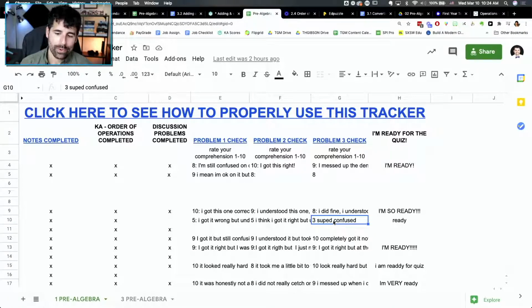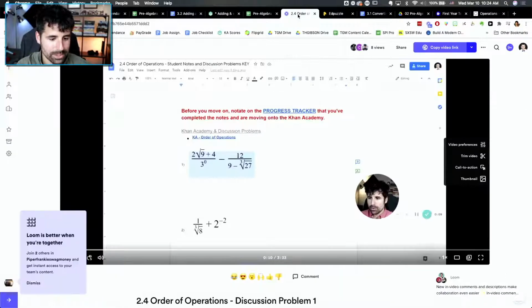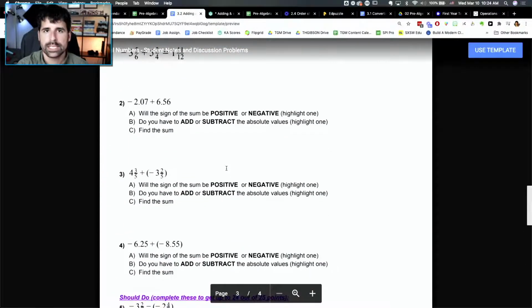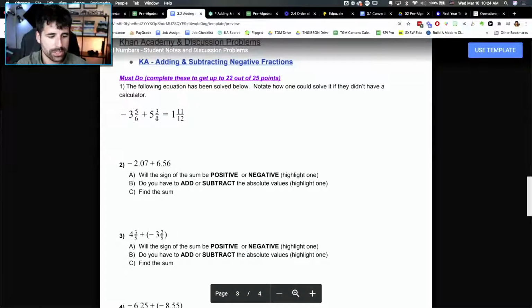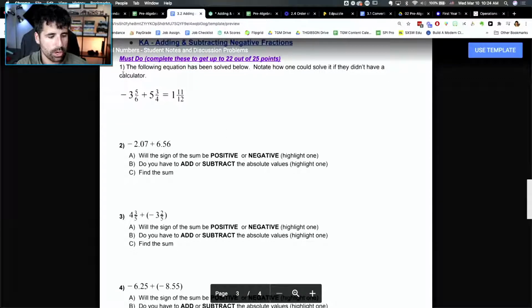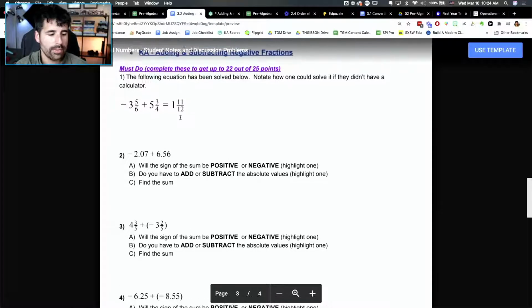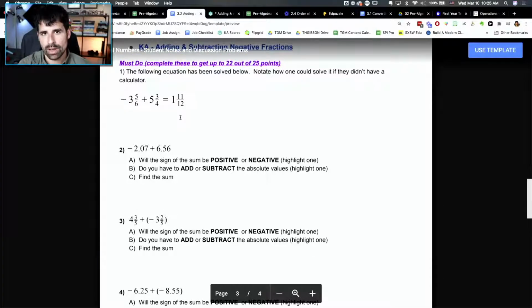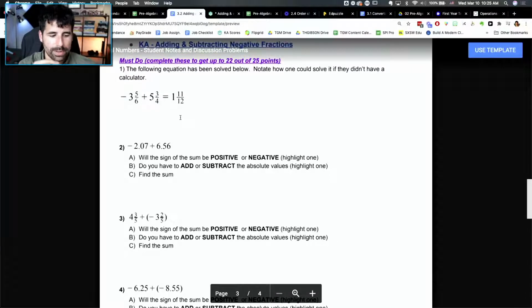When we were in person, a lot of times I would approach these discussion problems a little differently depending on the lesson. Sometimes I would have students do presentations on them, say go up to the board and tell me what you did for number one, and then they have a discussion. I don't say whether they're right or wrong. That's just harder to do in remote. It's hard to do in a hybrid, and so we do have discussions over problems, and I talked a little bit about that in the earlier live stream at the beginning. But since all of them are at different places,